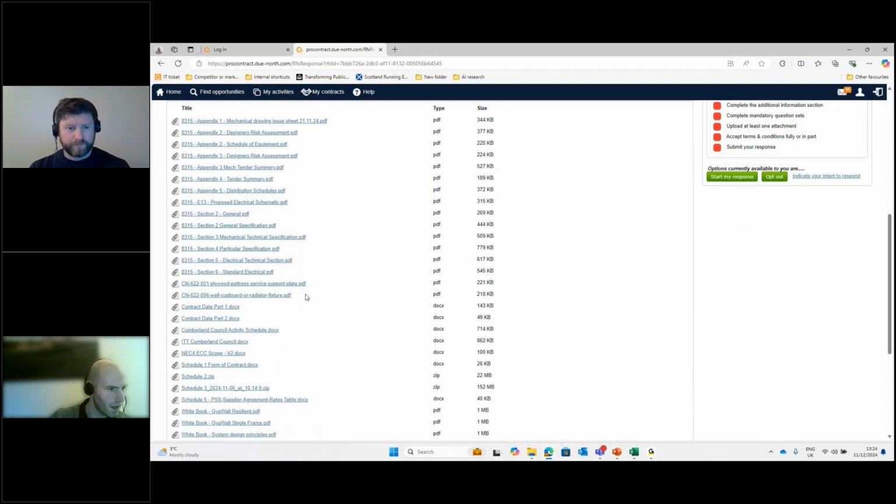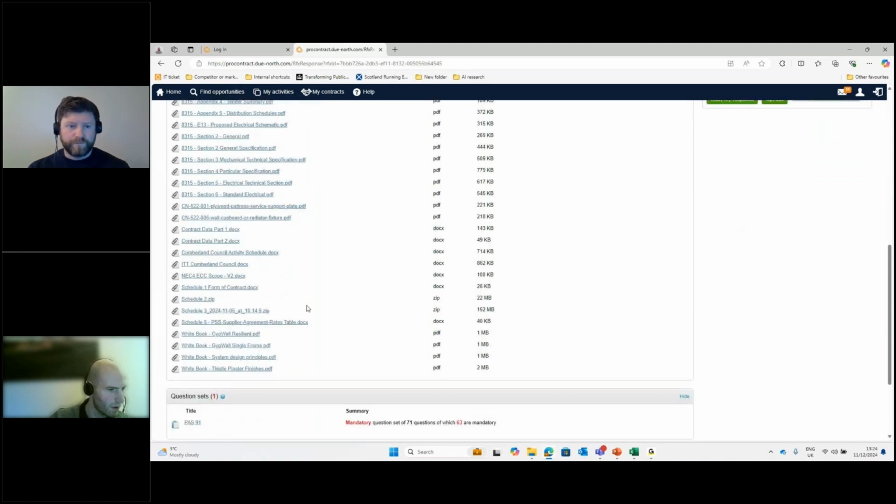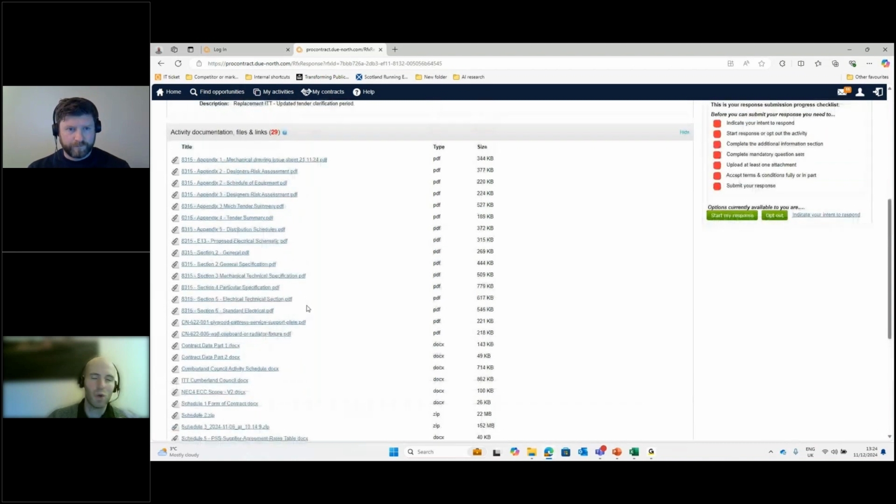That type of thing. If there's one that's got specifics, a tender response document, that type of stuff, I'd look for those. Some of the more detailed contracts or risk assessments or design assessments or list of equipment, that's going to be stuff I'm going to look at in a second or third phase.